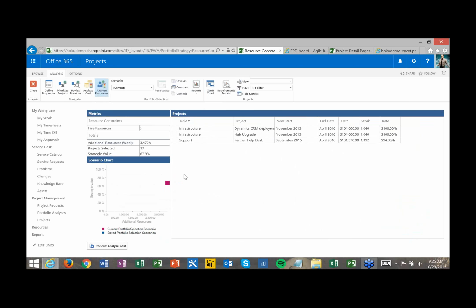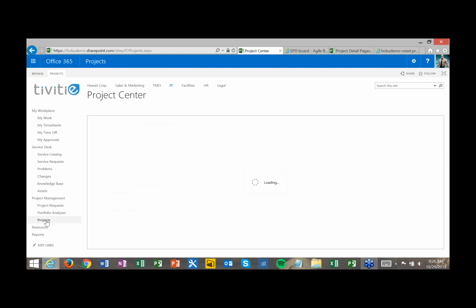All of the Agile tools that I've ever worked with don't have tools like this to be able to figure out which Agile projects we should be doing. So this is a great place to start and really see the different requests come in, prioritize them, and figure out what we're going to do. From there, I can go ahead and create my project. So I'm going to go now into the